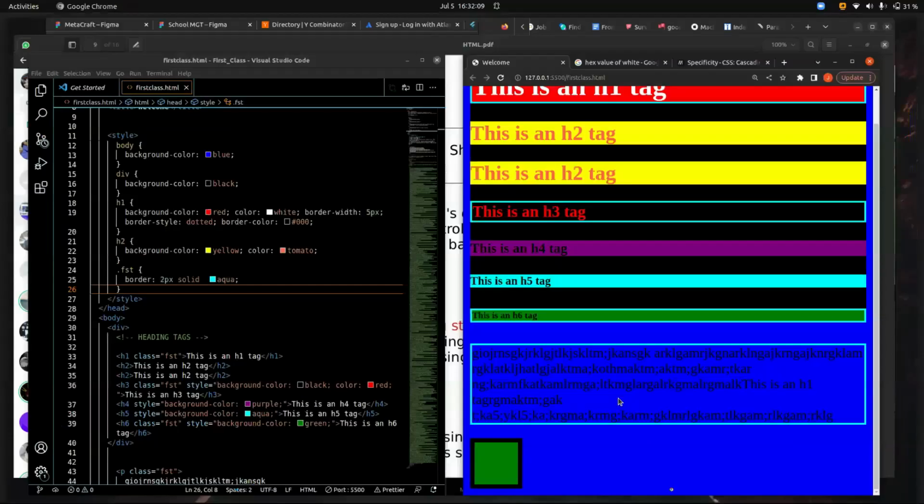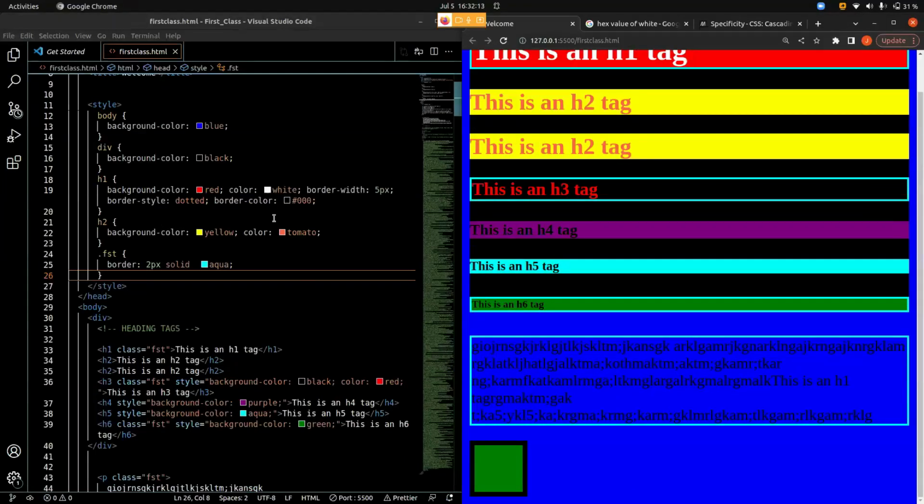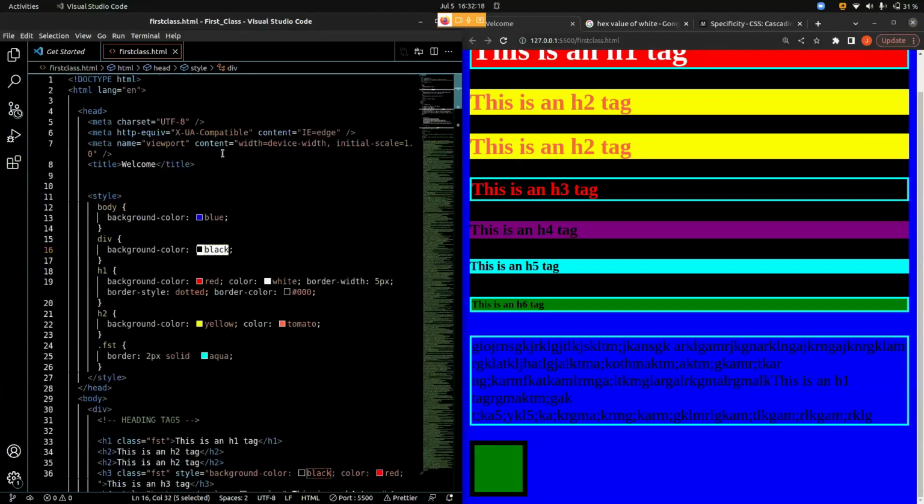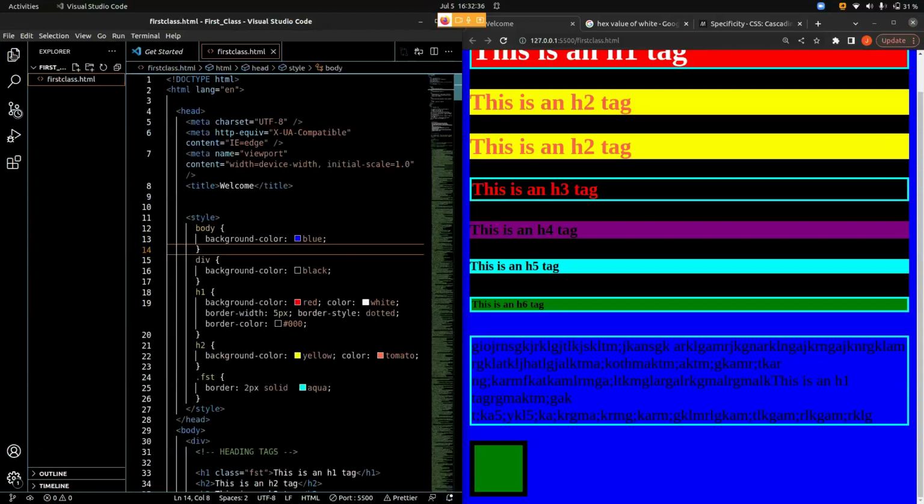Now, from the word external, it means we are not writing the code, or we are not giving the style, inside of our HTML code. We are writing it somewhere else, but we are getting the value inside our code. Now, how is this done? We are dealing with CSS here, and all we have to do is to write. Okay, let us create a new file called